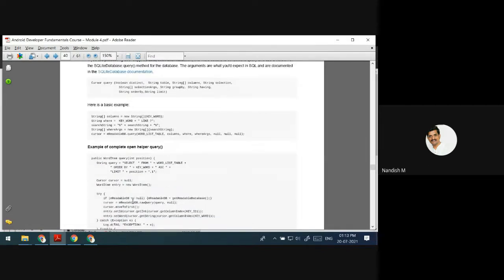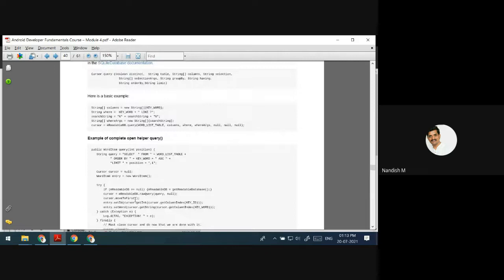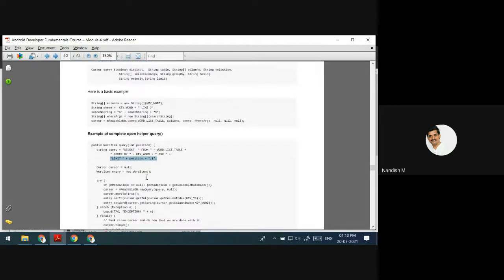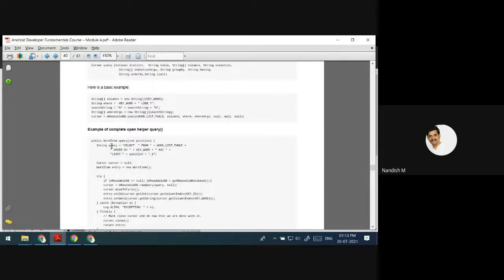See how we are going to run this. Once again, I'm going to show you the raw queries itself. See, select star from table, sorting and limiting the results, whether you want one result or the last two results. This query we are going to pass directly to rawQuery. Then with the help of the cursor object, we get the results one by one. We are just iterating through the result.